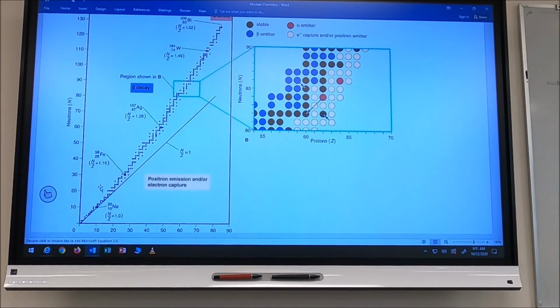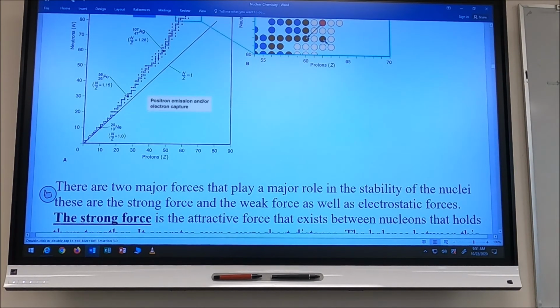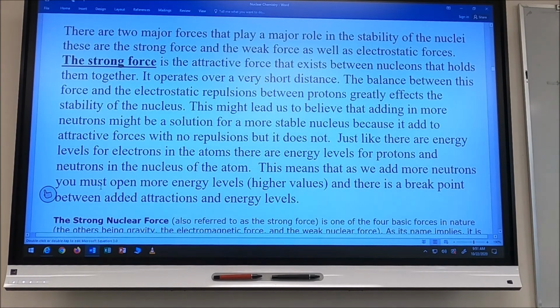That's buried in your notes, so you can use that or the one in your textbook. Okay? So, 2 major forces that play a role in stability, strong force and the weak force. The strong force is an attractive force that exists between all nucleons. It holds them together. It operates over a very short distance. The balance between this force and the electrostatic repulsions between protons greatly affects the stability of the